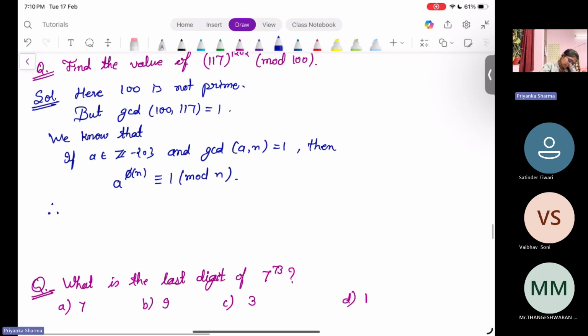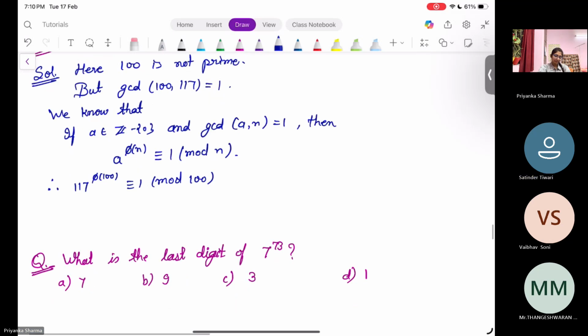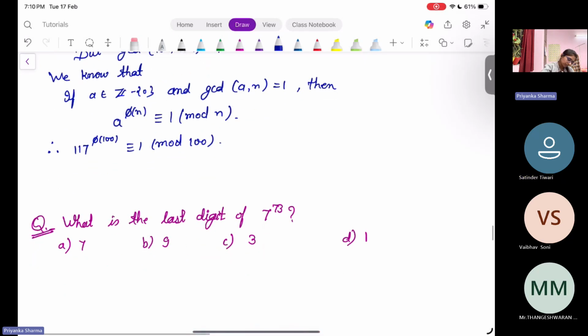So from this, we can say that 117 to the power phi of 100 will be congruent to 1 mod 100. Okay, now what is phi of 100? So how to calculate this? 40. Yes, I guess we can. So actually